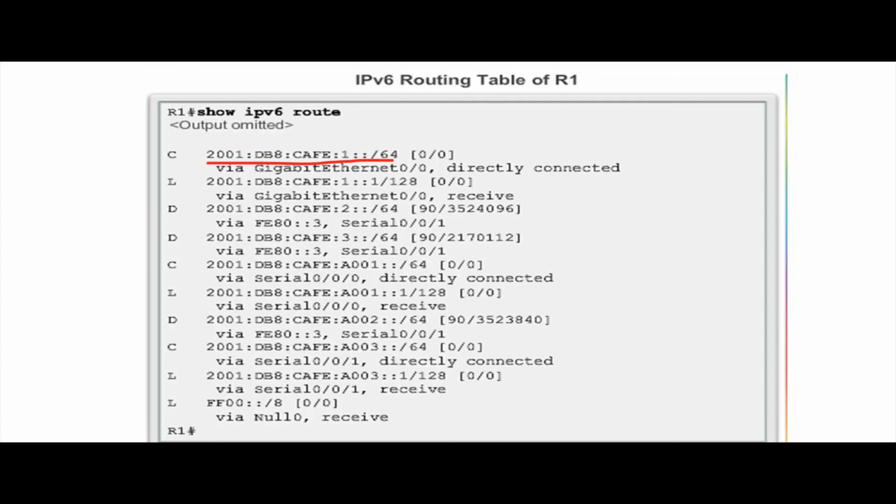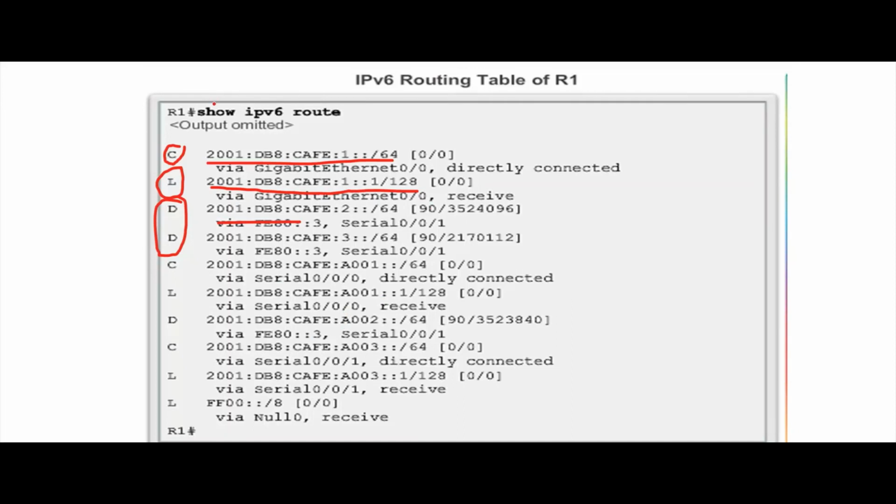Now you can see the same thing: directly connected, linked, locally connected. This is learned remotely, this is learned by using routing protocols. So everything will be the same, the concept is the same other than the IP address. This is an IPv6 address, 2001:DB8:CAFE, with a 64-bit prefix length. This is the concept. Now you see the command.